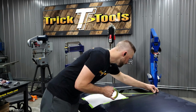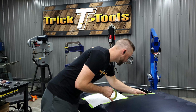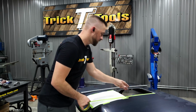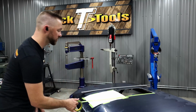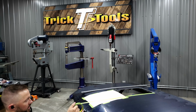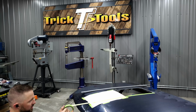So this is how I like to do things. Like I said, you may not like this way of doing it for yourself, and there are other ways to find these curves. So I've got the tape laid out on here. So what I like to do is get down low where I can eyeball the line on the hood and start laying the tape down as I come forward, but in a way that creates a natural sweeping curve